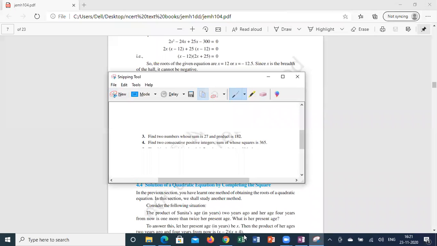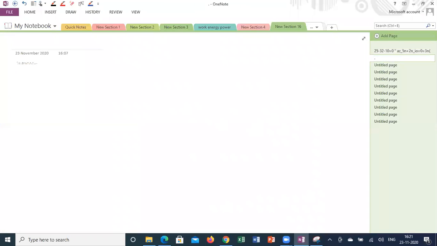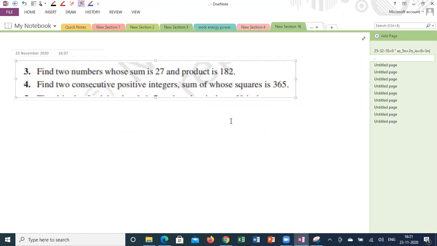These two questions you try meanwhile. Okay, sir. These are application questions. From an exam point of view, they will ask like this. Those who completed all 5 questions can do these 2 questions.